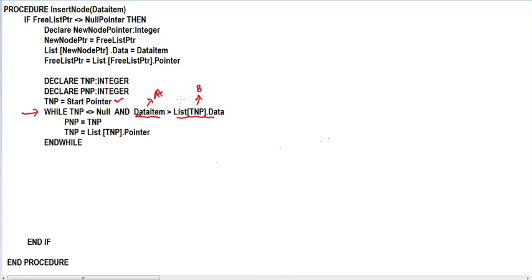And we can see that a is not greater than b, which means we are not going to go inside the loop because the condition is false. This means TNP is not going to be updated, which means PNP is not going to be set equal to TNP. So this is one situation that you must understand,